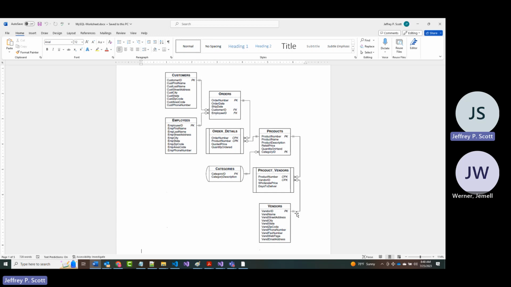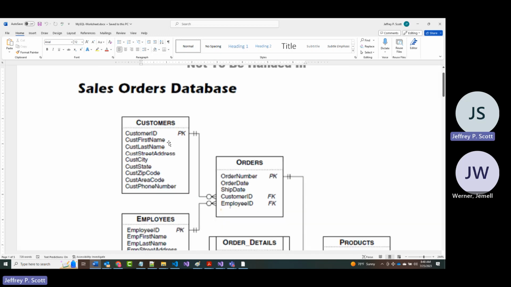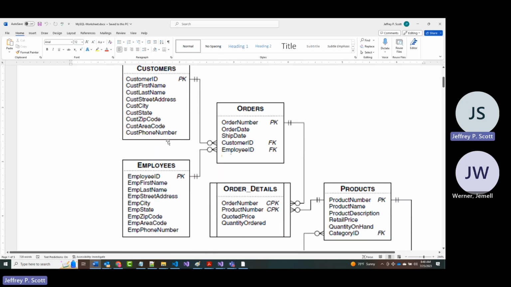Now, I could take some time here and run over every one of these tables with you, but I'm not going to. Let's just pick two of them. Let's pick these two: we've got customers and we have employees. Why am I picking these two? What am I talking about? Well, if you look in here,